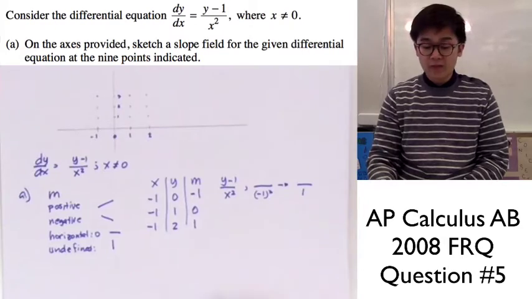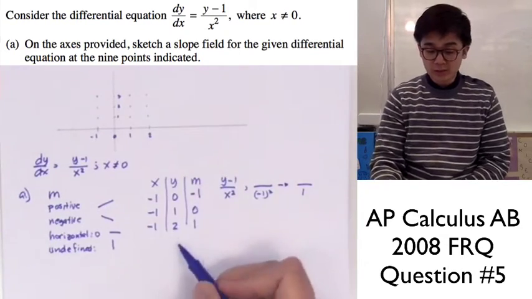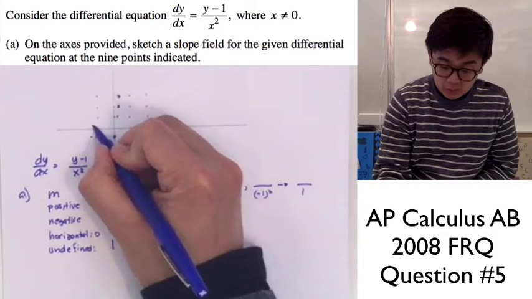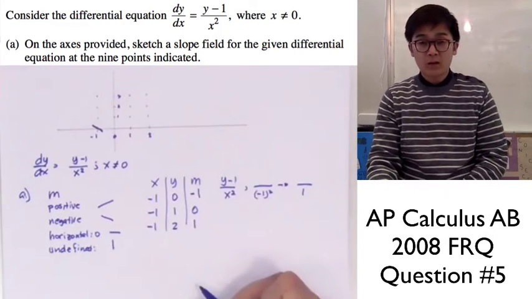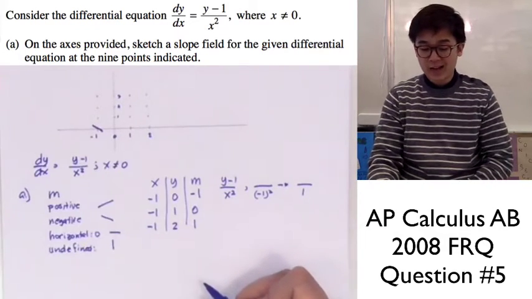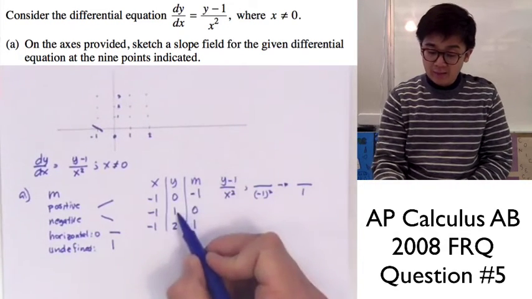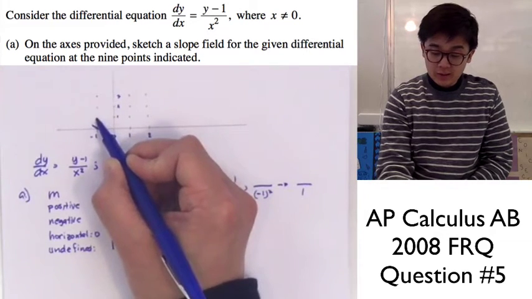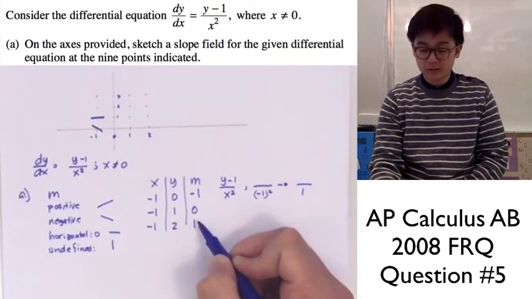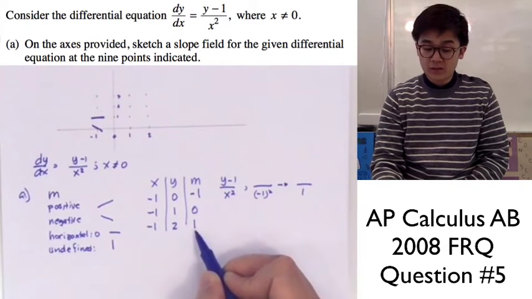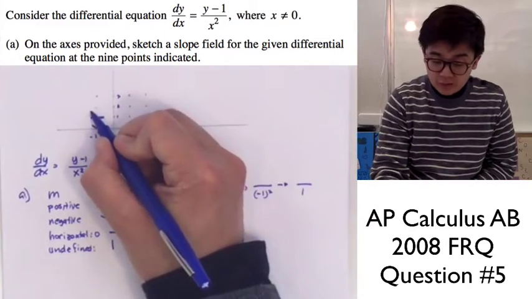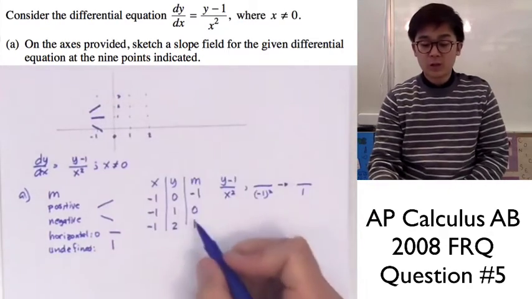So if we're going to graph it in our space right here, at y equals 0, it's a negative slope, so this will be the behavior of our slope field for the first item right here. And then at y equals 1, it's going to be a horizontal slope because the slope is equal to 0. And for the third coordinate, we'll have a positive slope, so this will be the behavior of our slope field